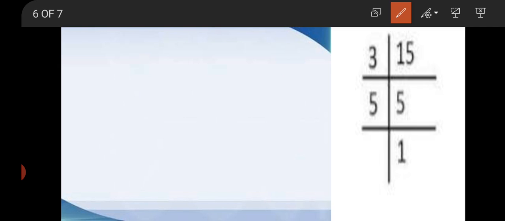Okay, here we have 15 and 3 5s are 15. Now we have 5 1s are 5. Clear? Now students, as I have made loops here,